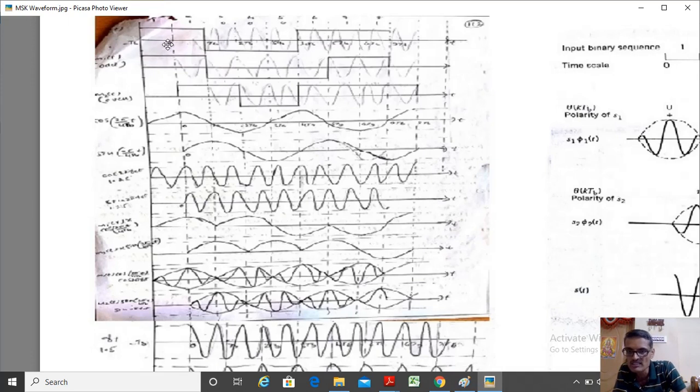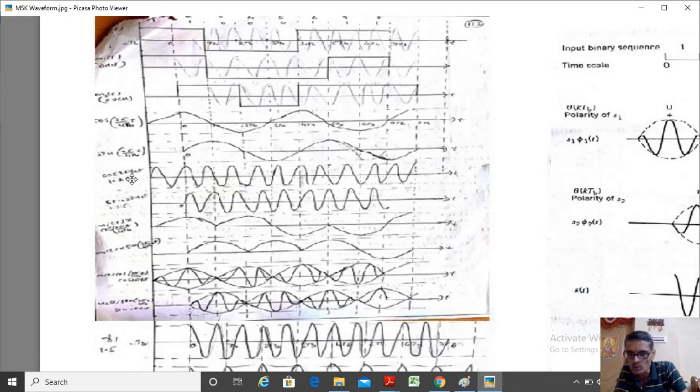This is minus TB. This is 0, TB interval, 2 TB, 3 TB, like that. See, this cos signal is available. This is basically a half cosine pulse. This is basically a half sine pulse. As I told in my last video, the half cosine pulse actually exists between minus TB to plus TB. The first basis function also you can say. The sine function, that is the sine basis function, the second basis function, the quadrature carrier, is present between 0 to 2 TB. It's a half sine pulse. Just look at this. This is a half cycle between the interval 0 to TB. This is between minus TB to plus TB. Fine. So that's what I have represented over here. It should be like that only.